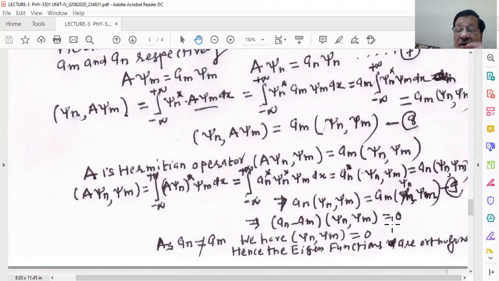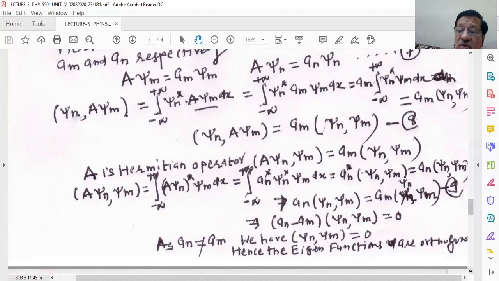We defined this in our first lecture, the definition of orthogonality: if you have two arbitrary eigenfunctions, and the scalar product of the two eigenfunctions is 0, this indicates that they are perpendicular to each other. I mean, they are orthogonal to each other. And if they are normalized, then it is known as orthonormal. This is the term which we use. Orthonormal means orthogonal and normalized. So they are known as orthonormal wave functions. This term we will also use.